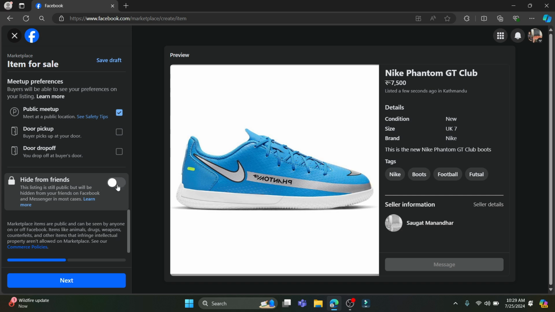And you can see the hide from friends option over here. You can hide this selling product from your friends quite easily. This listing is still public but will be hidden from your friends on Facebook and Messenger in most cases, so you can turn this on if you want to hide this product from your friends,